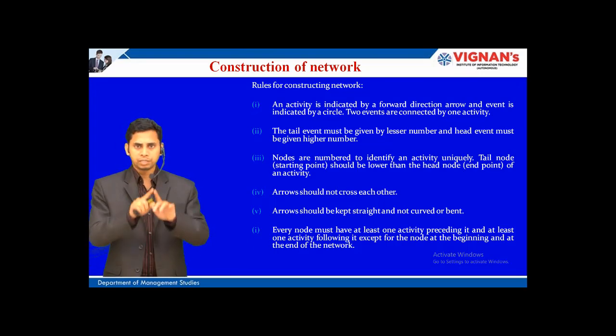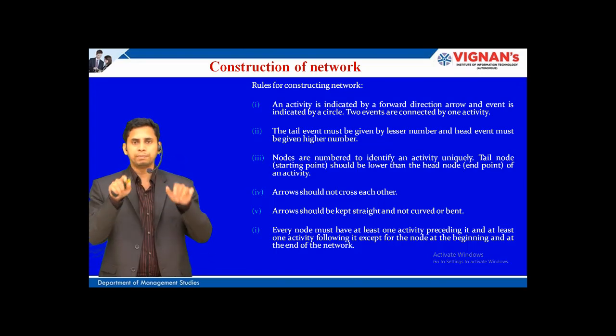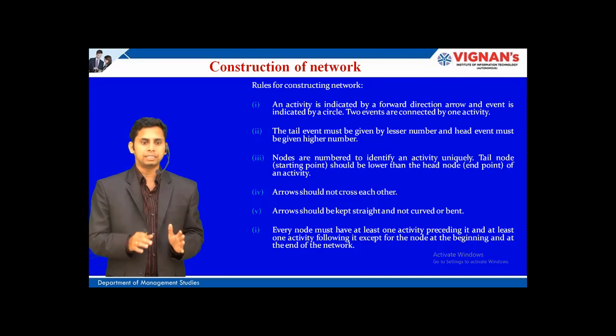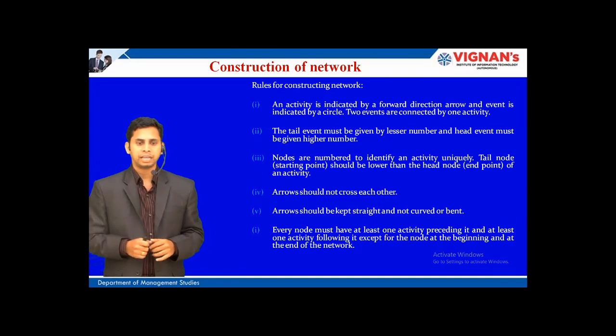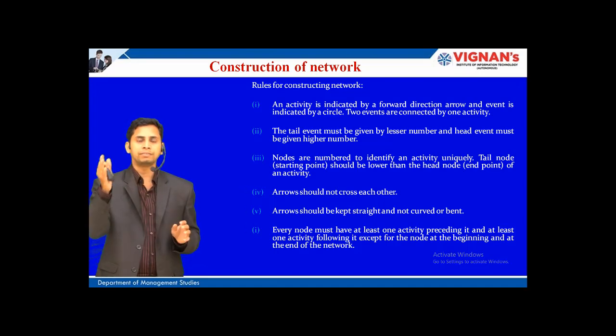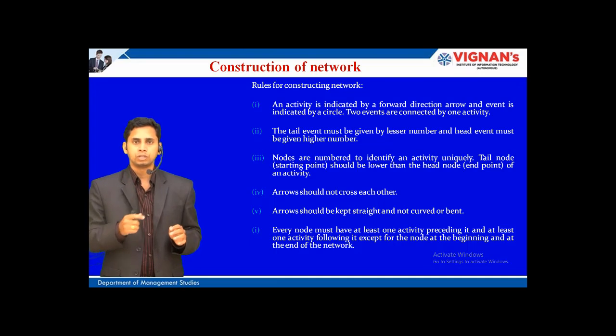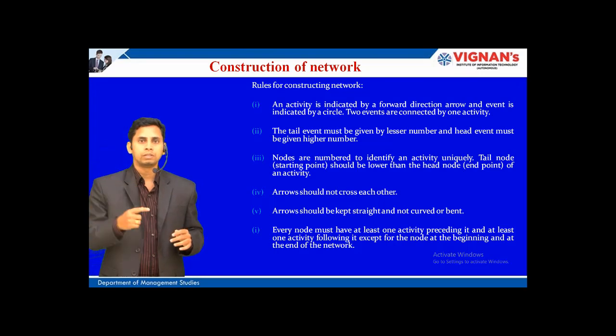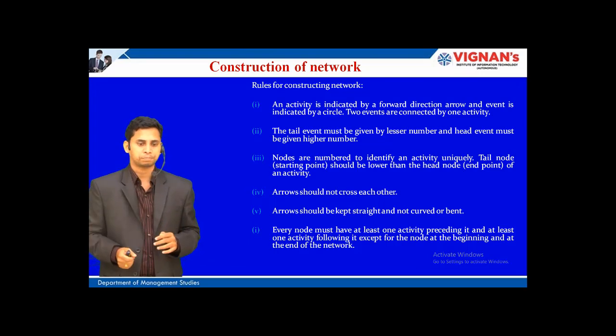Now, in the network diagram, because we are going to develop a network diagram, right? In the development of network diagram, what you are supposed to do is make use of these events and activities. So, now activity is indicated by a forward direction arrow and event is indicated by the circle. And the two events are connected by an activity. So, now moving from one event to another event, there must be work done. So, if you construct a basement, then you start working on the basement work. So, that's what the activity is. So, activity connects events.